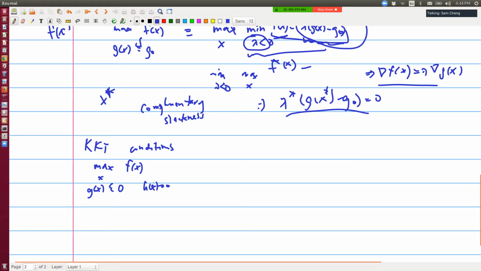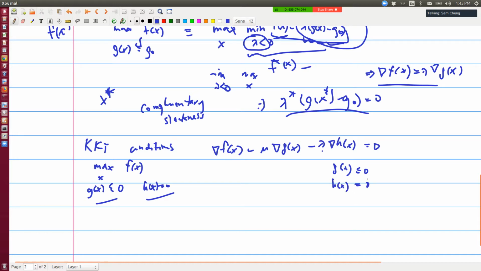Then the KKT conditions for this particular case will include the gradient fx minus mu gradient gx minus lambda gradient hx is equal to 0. Maybe I should put a star everywhere, but I just skip that. And then of course, I should satisfy the original constraint. I should have gx less than or equal to 0,